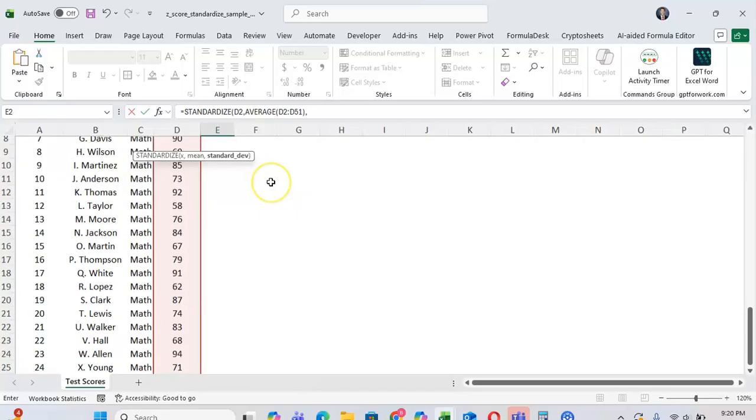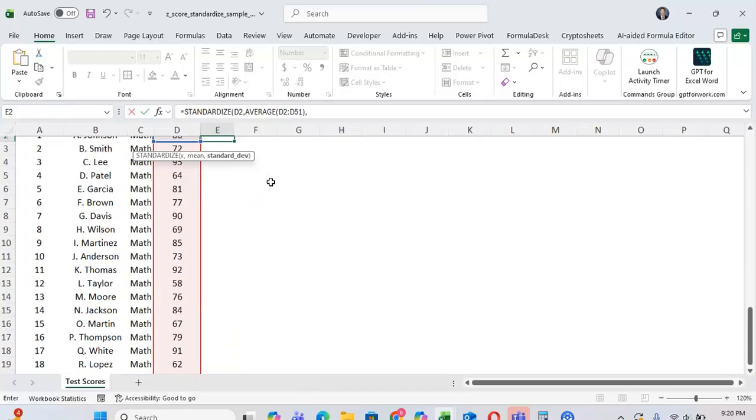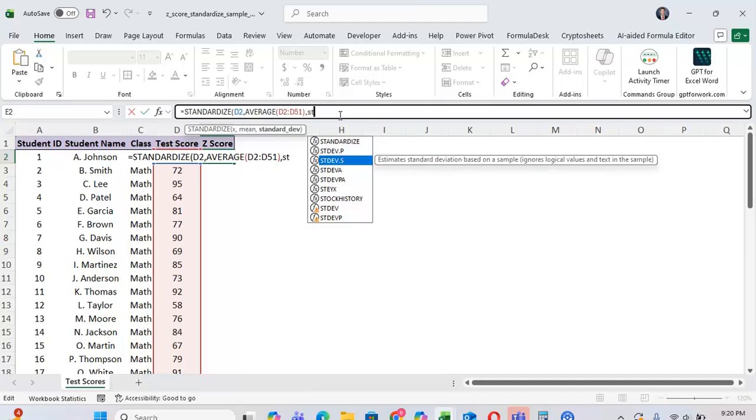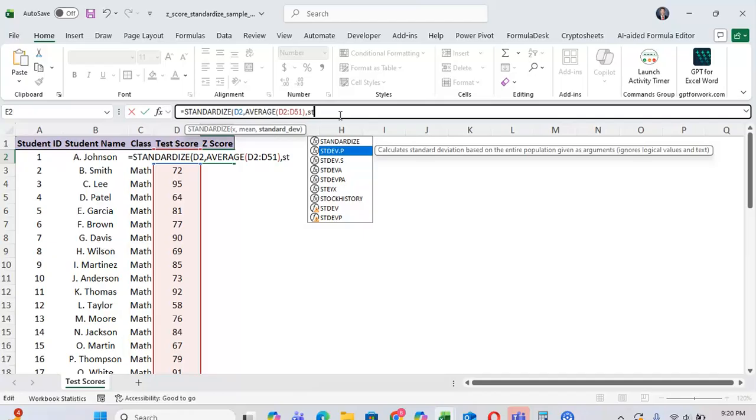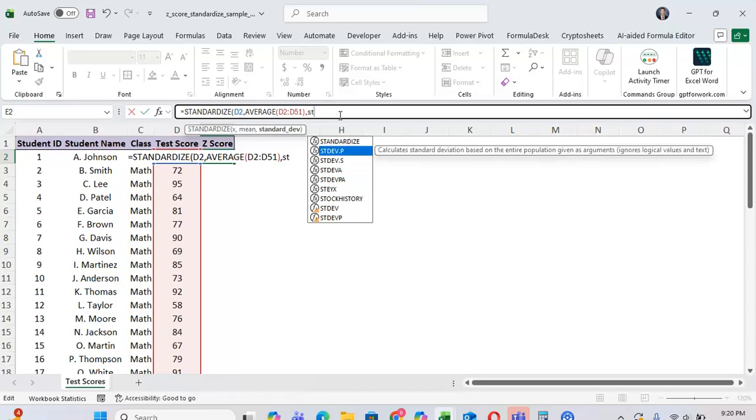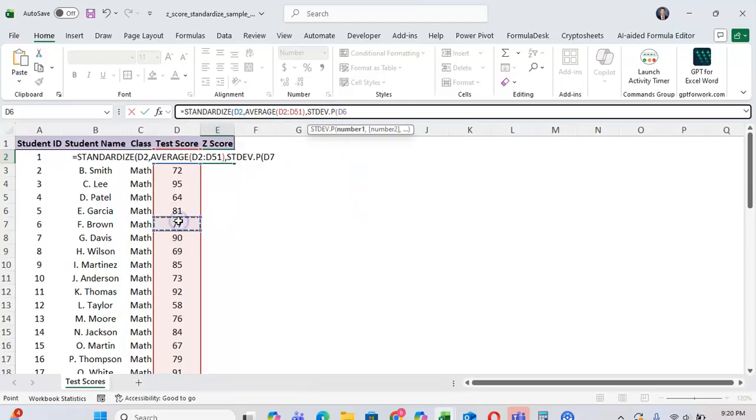The next argument is a standard deviation, which we're going to calculate in this data set by using the STDEV.P function. There's a couple different options with a P and an S. You read through the descriptions to pick the one that's best for your needs. The .P version calculates standard deviation based on the entire population given as arguments, and the .S estimates standard deviation based on a sample. For this example, I'm going to use the one that does it based on the entire population, so .P, and then just pass through these arguments for the standard deviation, like so,